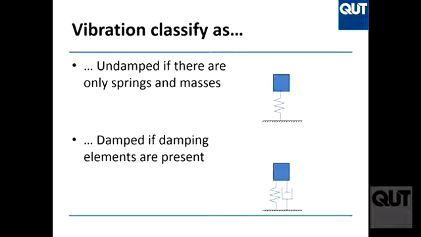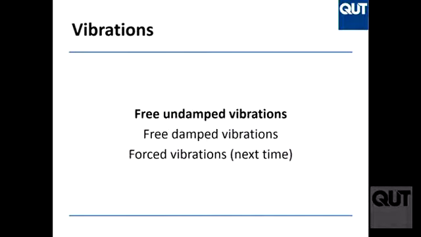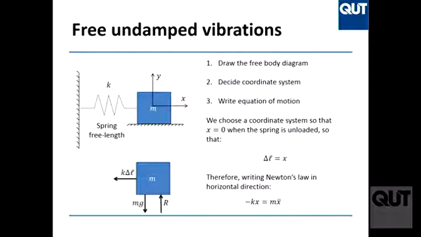I mean, we've seen so far masses, springs, and no dampers, so not too bad. So we solve it as any other dynamic problem. We draw the free body diagram, write Newton's law, and so on. So we draw a free body diagram, decide the coordinate system, and write the equation of motion through Newton's law and a bit of kinematics if you need it. In this case, it's pretty simple. Free body diagram is this one.